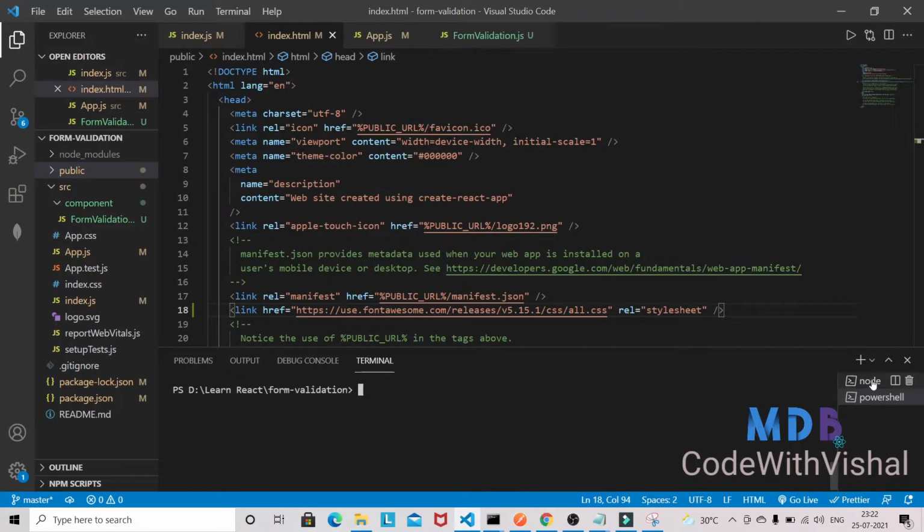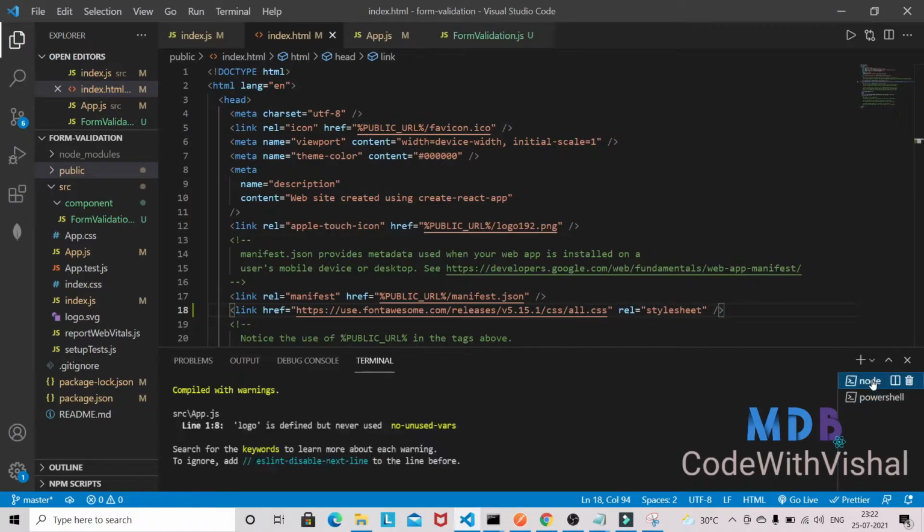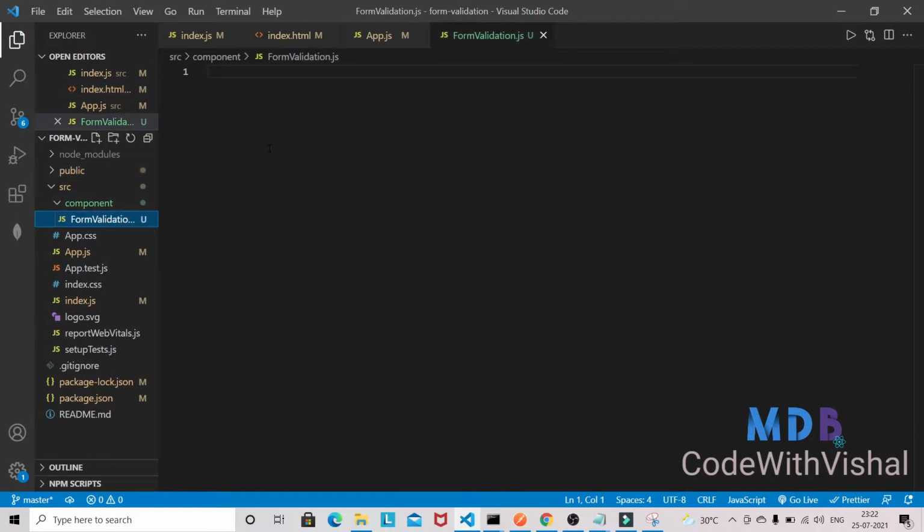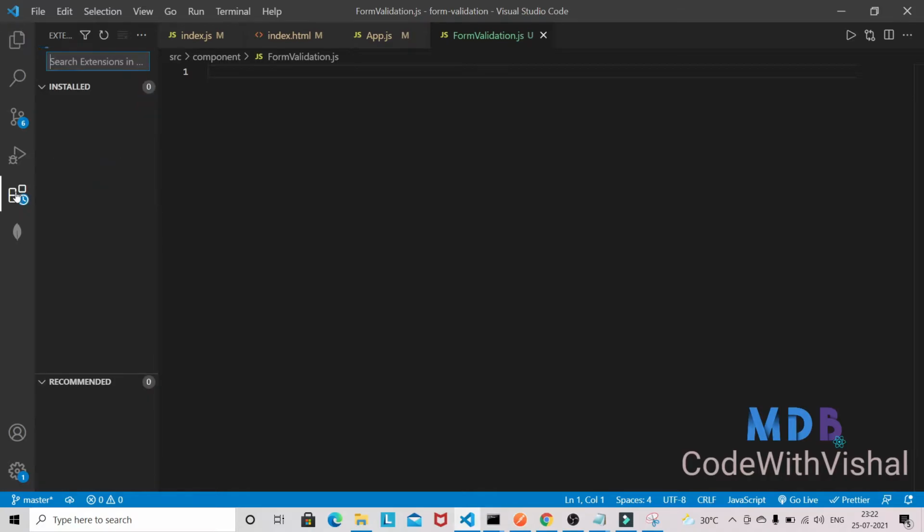In a different terminal, my environment is already running, so I'm just going to close this one. So let's start working on this form validation component. First, I'm also going to use an extension here.